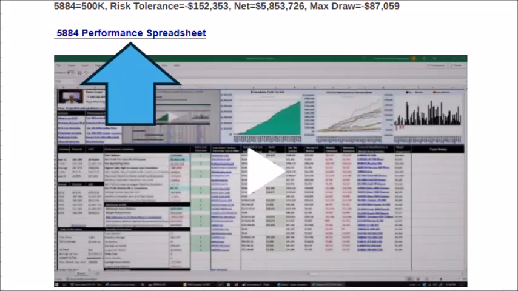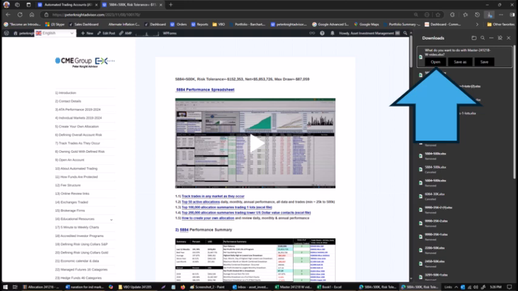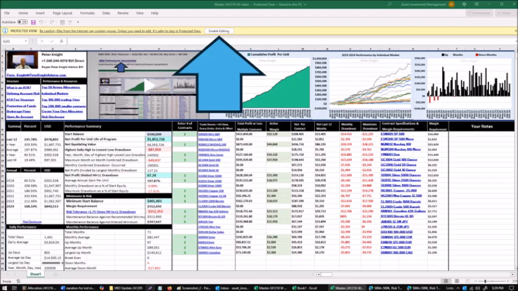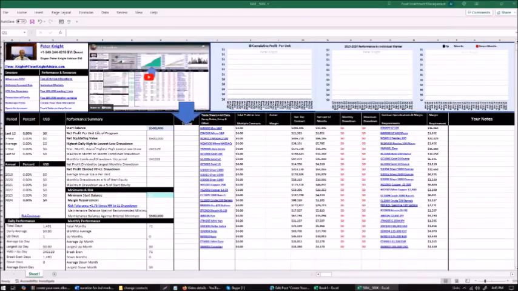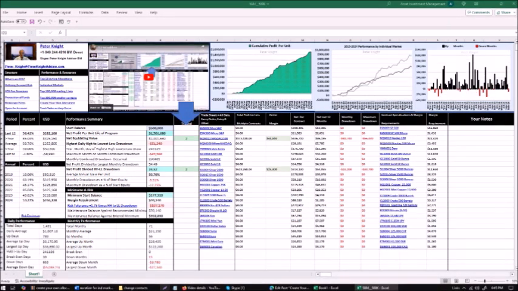To qualify performance for this allocation, click on the spreadsheet link directly above this video. When it's finished downloading, click on Open. Another window may pop up asking for permission to open Microsoft Excel. Click on Yes. Enable editing, which allows you to add and save notes, or experiment with any variation of the